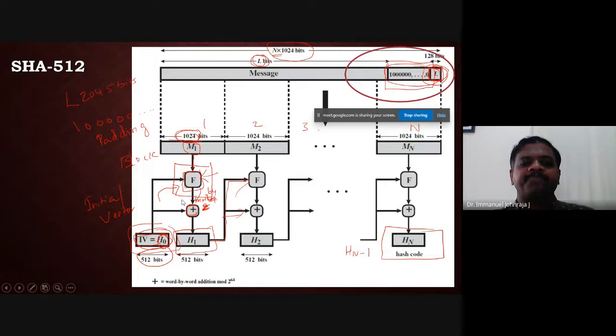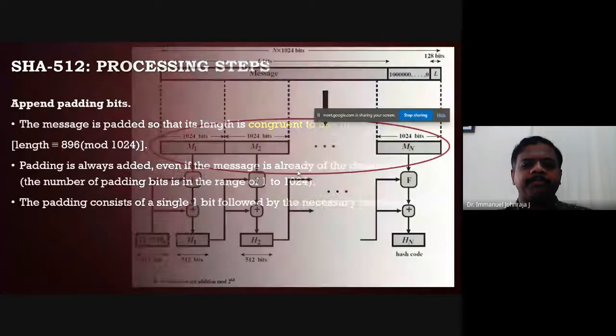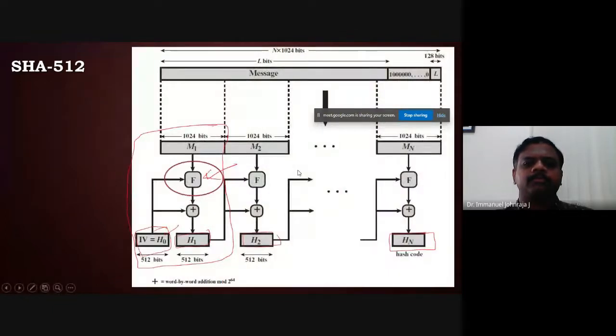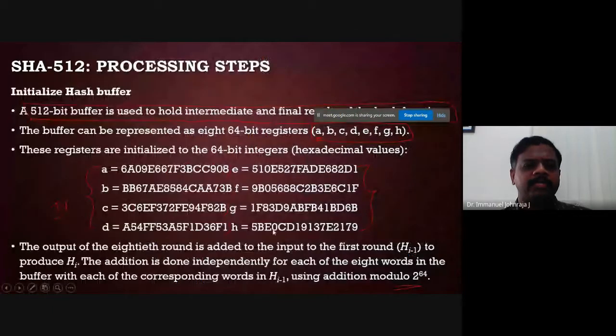All right, and then what is your hash code? You'll get the hash code here. What is that, sir? You have the 8 registers, and the values are changed from day one, from the first step. So initially it has some value. We know what the value is. It is fixed with some hexadecimal values, and then it is continuously changed in every round. Okay, so the round function. So this is the initial value, or the initial vector, of your registers.